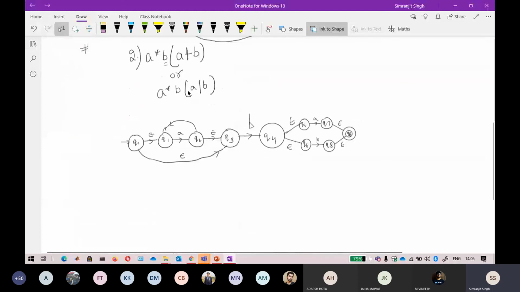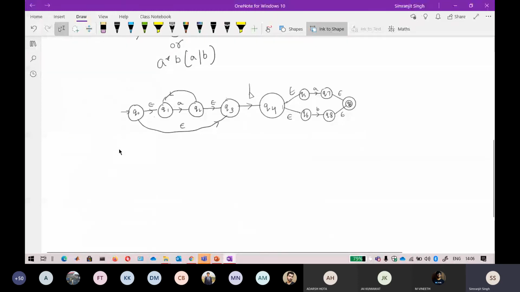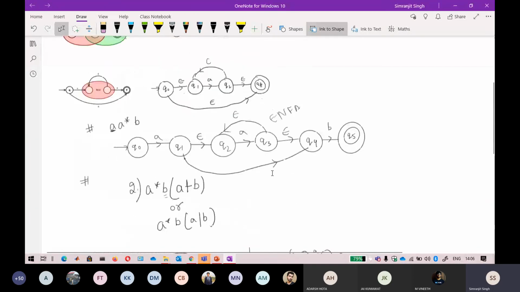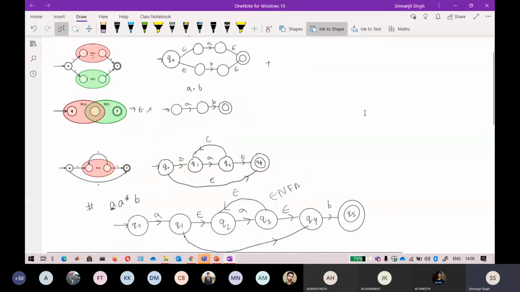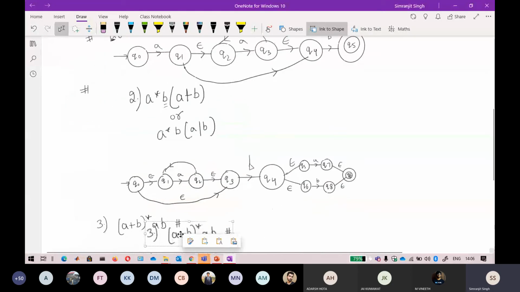If I combine these states, the expression will look like this: A plus B star, then followed by IB. Just try to draw the expression of it. I will tell you the answer in like 2 minutes. This is a bit different, but you have to combine this. I just take this and paste it here so you can have a look at it also.